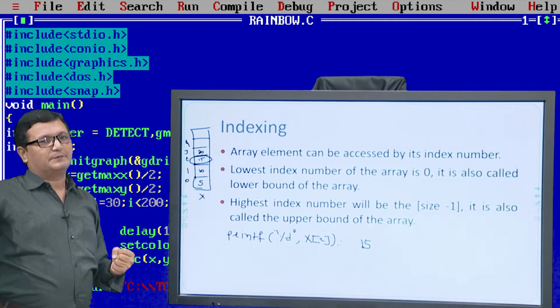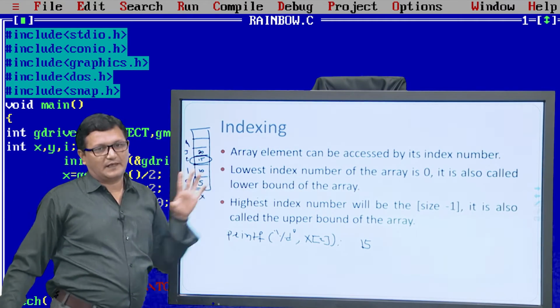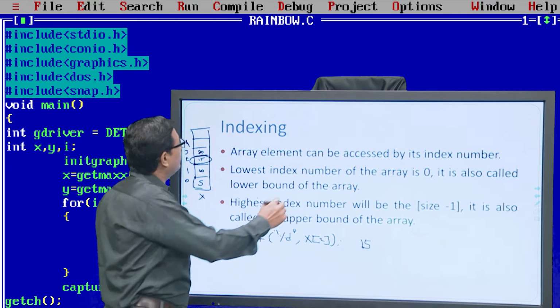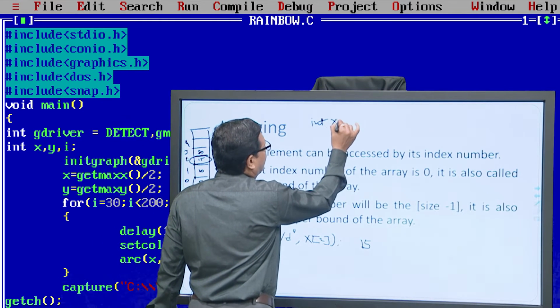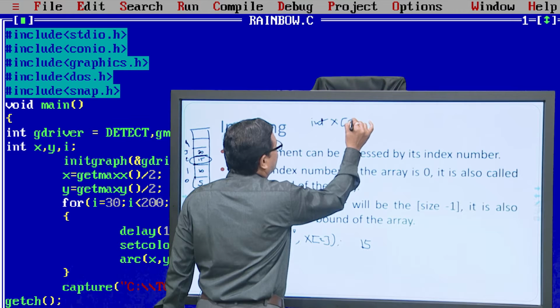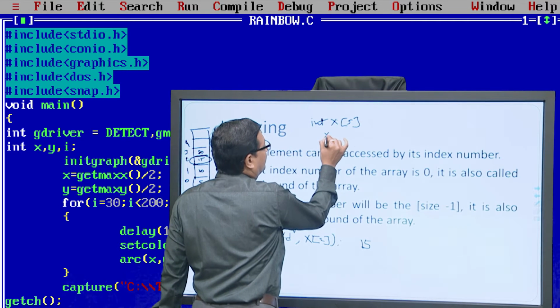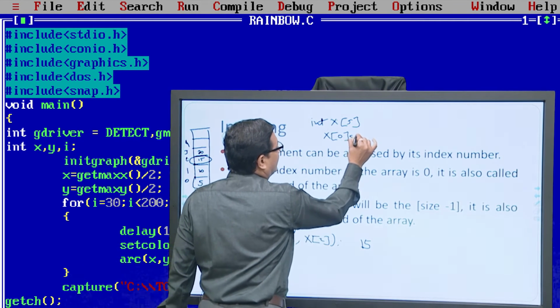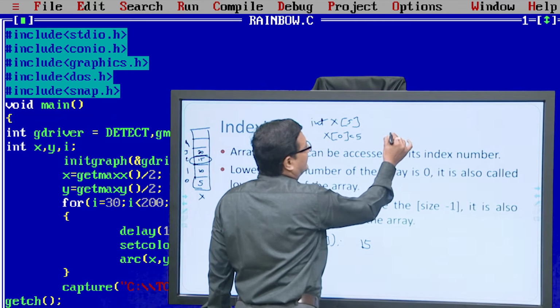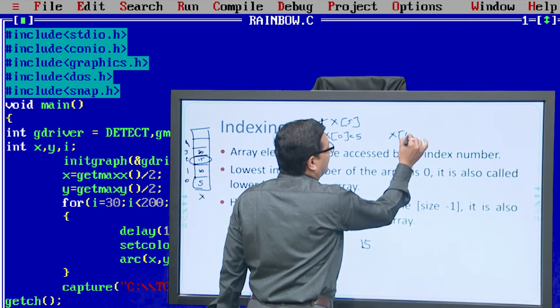So if you declare int x[5], you can place your first element at the lower bound, 0, and the last element at position number 4.